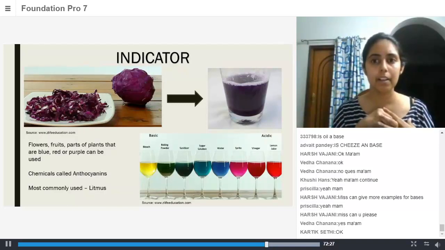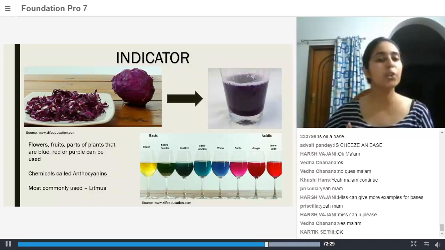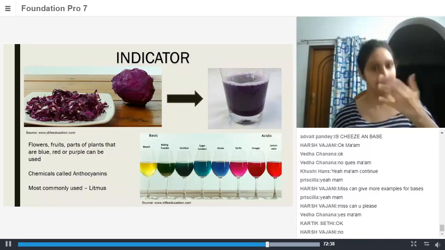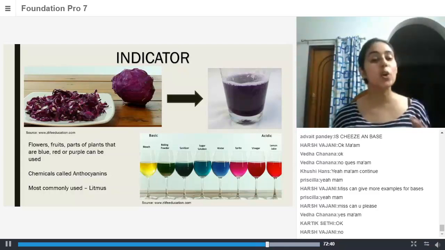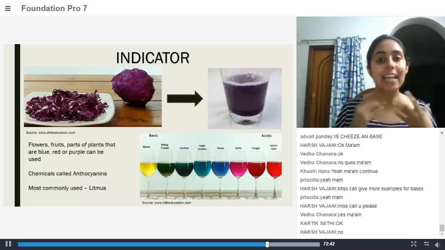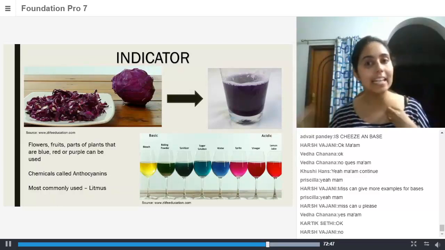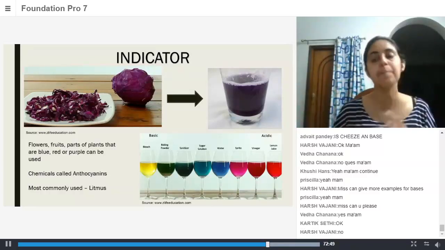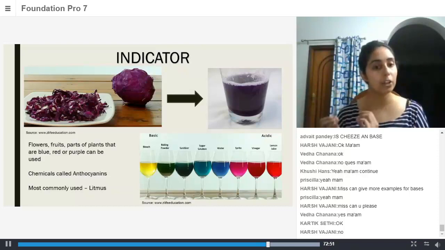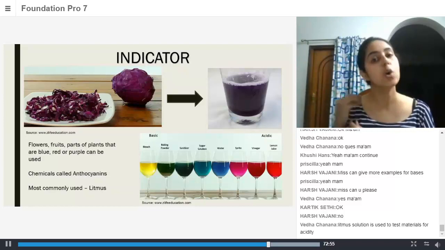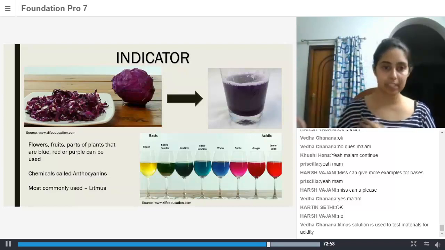Similarly, have you done the starch iodine test? Okay, so in that case, what is iodine? It is telling you what the potato has. Starch. Very good. When you put iodine, it will tell you that the potato has starch. So iodine is an indicator of starch. Over here, you're using iodine to indicate the presence of starch.